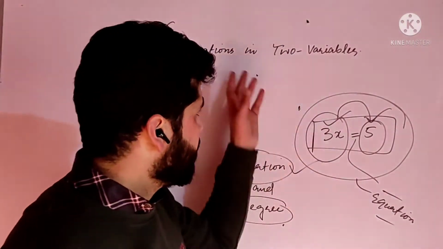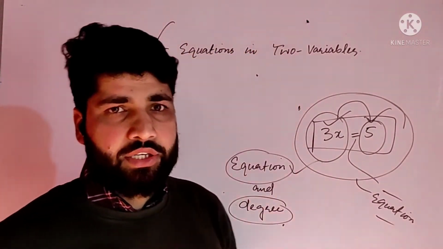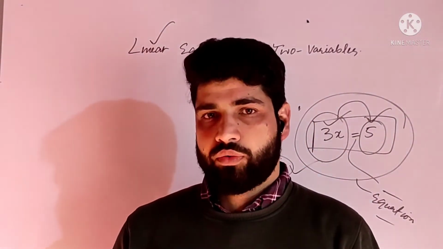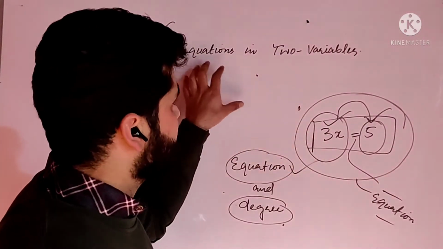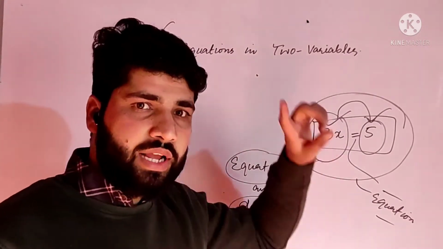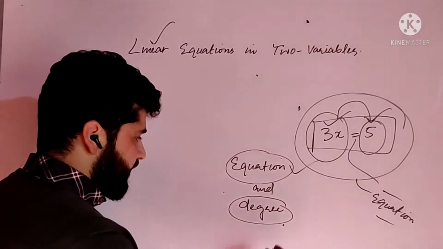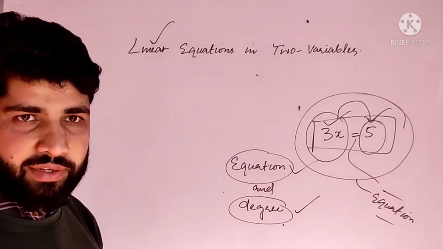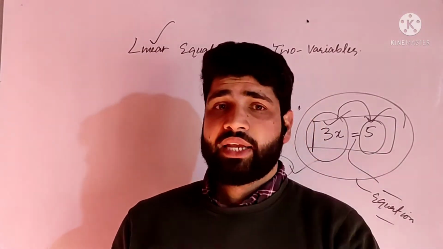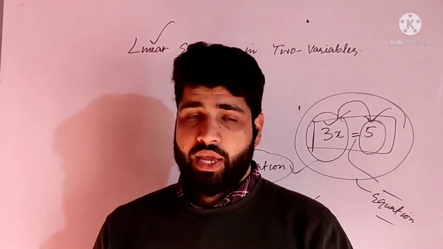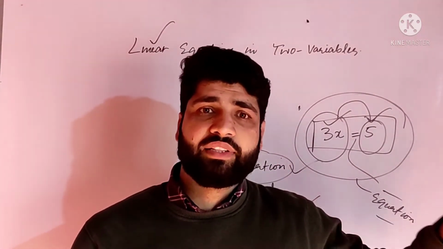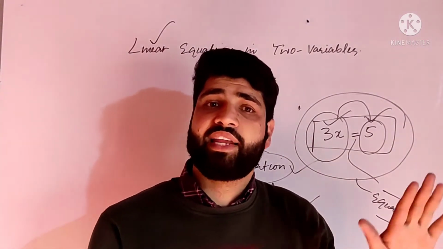Okay, so our topic is linear equation in two variables. So now you are well versed in equations. Before understanding linear equation in two variables, let us understand what linear is. Before considering that, we have to understand the term degree. As you are all familiar with the word degree, degree is simply the highest power of the variable. In polynomials, the highest power of the variable is considered the degree of that